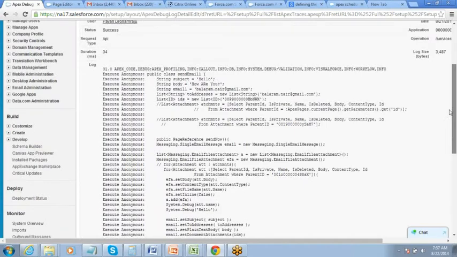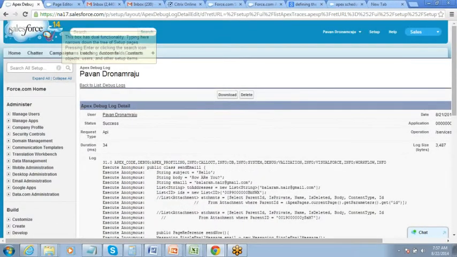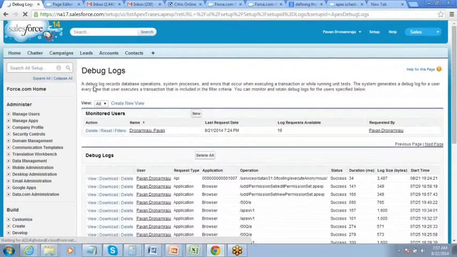Fine. So in case, if you remember, I was talking the other day about our transactions, right? So in the transaction, we talked about different things, right? So when a record is being inserted or when a DML operation is about to happen on your system, there are a lot of things which go on in the back end. So it's not just about the code or it's not just about the trigger that you have written, right? So there are system validations and there are custom validations, and then there are triggers, and then there are certain workflow rules, and finally the data is committed, right? So this debug log takes care of everything.